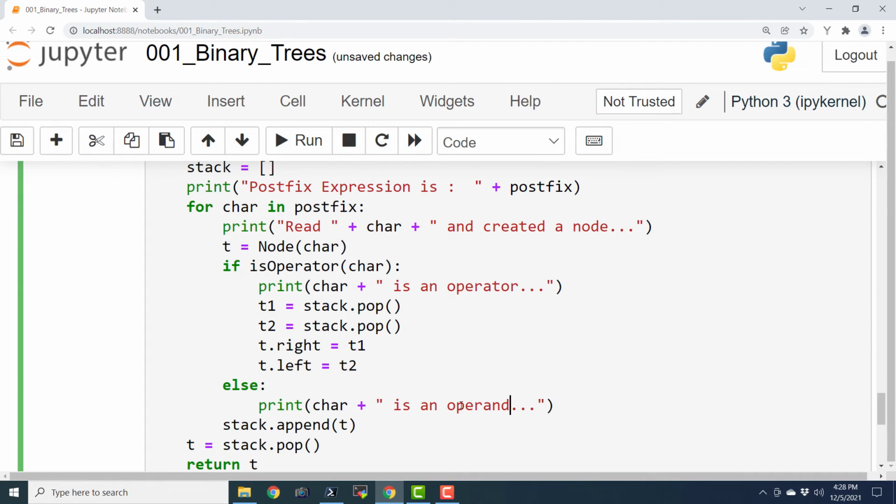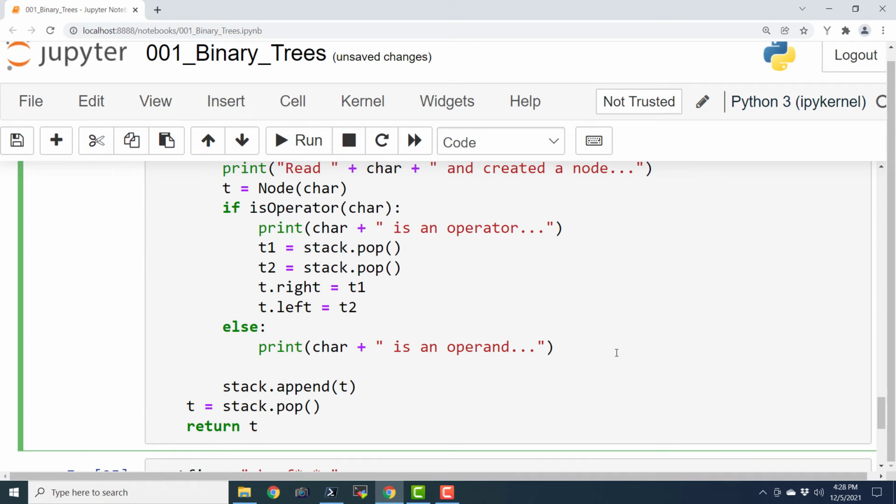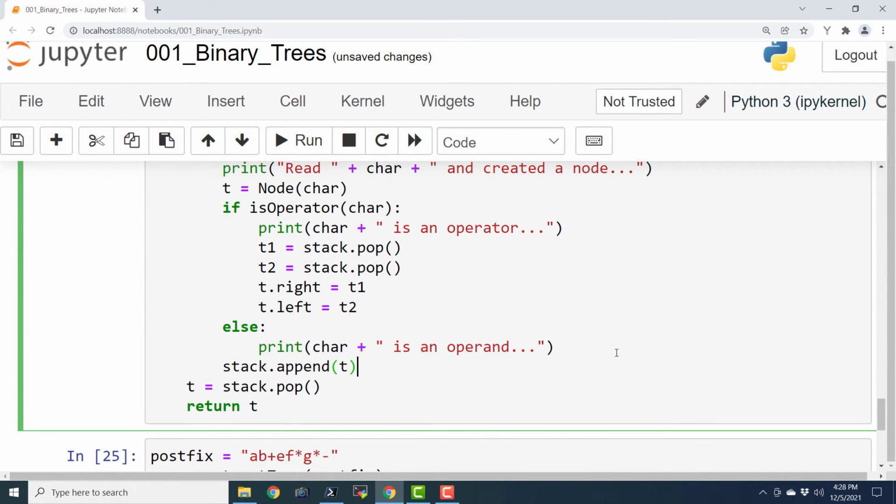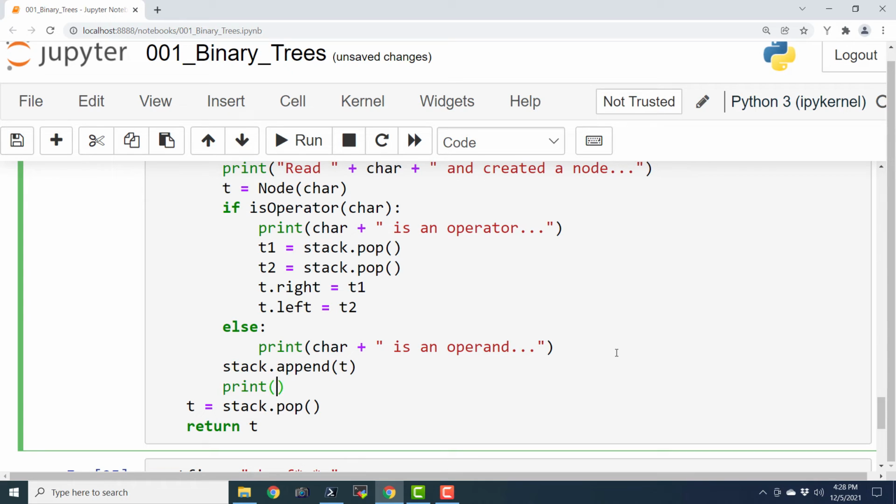And finally, we are going to push that thing into the stack. Okay, so print push into the stack.